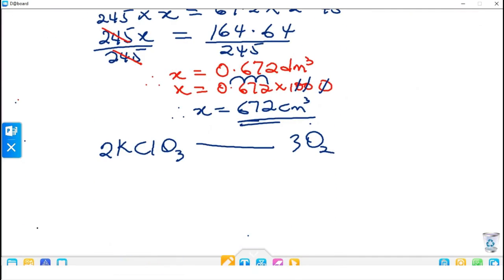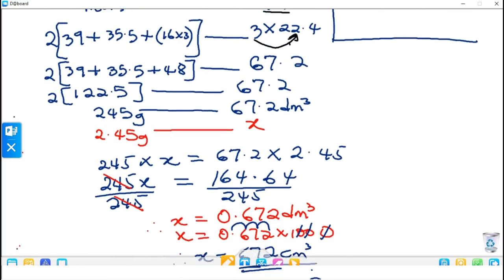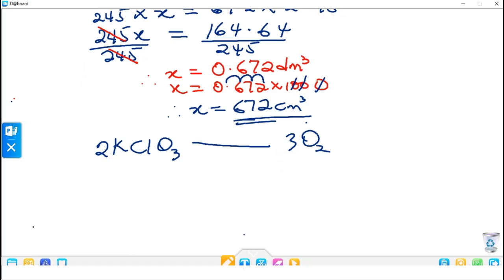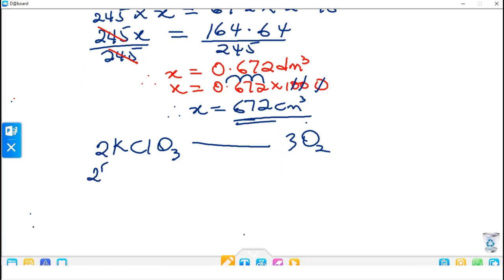So what we simply need to do is to say, from what we've calculated before, by the time we sum it up, 2 into 39 plus 35.5 plus 16 times 3, we're going to have 245 grams of potassium chlorate,